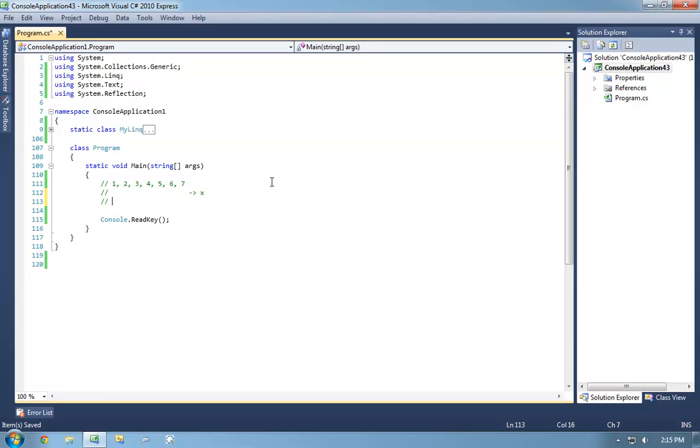So we fold the collection in on itself. We take 1 and fold that into a result. We pipe it into 2 and fold that into a result. We pipe it into 3, then into 4, then 5, 6, 7, and then that turns into X. 28, presumably, depending on what the fold function is.